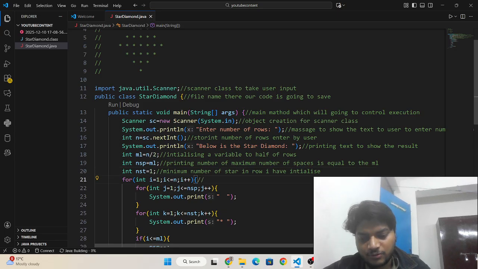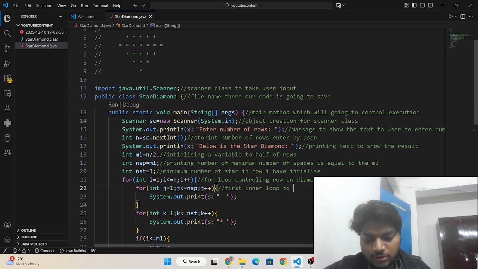Okay, and this for loop is controlling the number of rows in the diamond. This is the first inner loop, to control the number of spaces in a row.